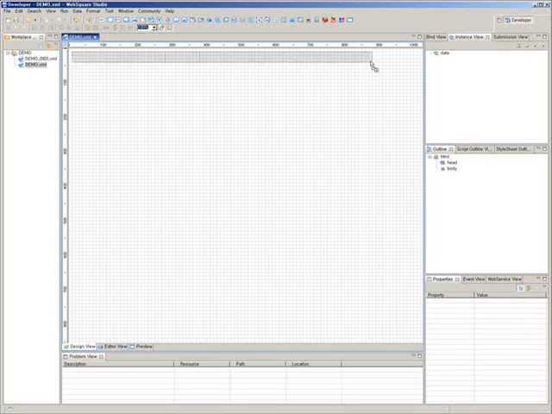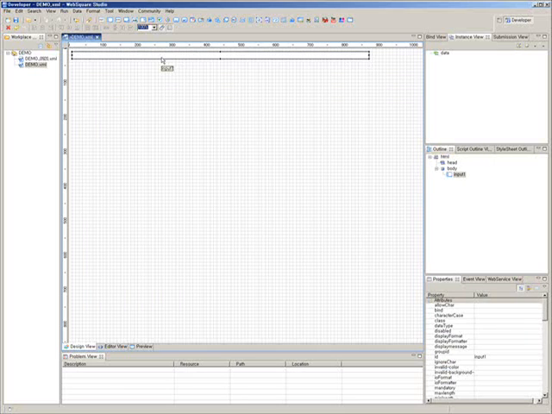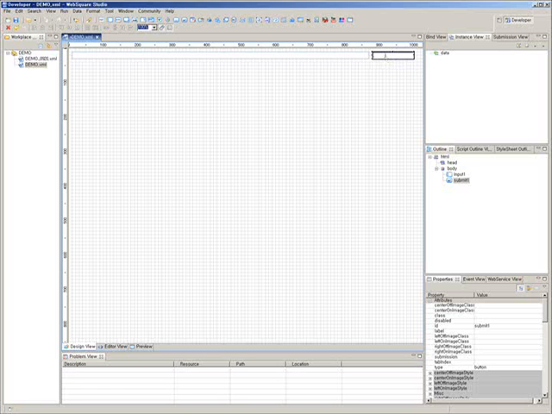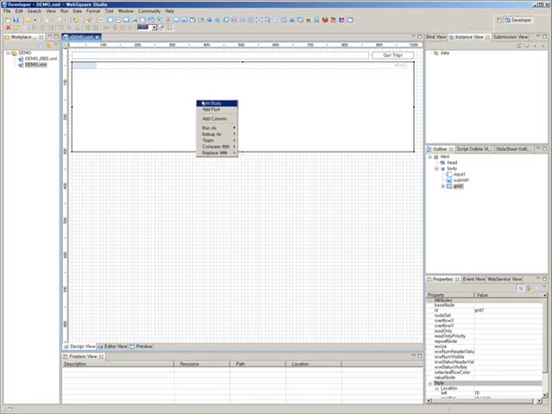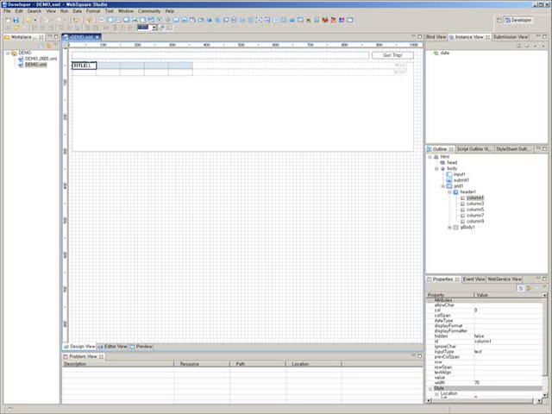Draw input box. This input box is for search, and draw submit button. This is for sending request to server, and type go trip. Then draw grid component to show travels. Add head, add body, and add 5 columns. And type title and author, and destinations,